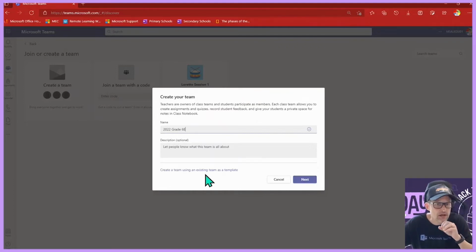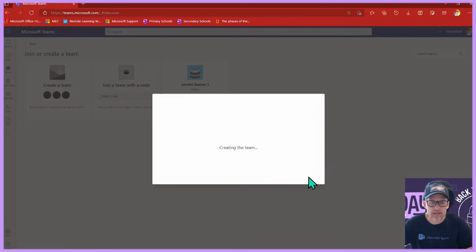Now, before I do that, I want to show you that if you've got an existing team that you want to bring a lot of information across from, you can create a team using an existing team as a template. So if you've already got like last year's grade 6 or the year before, and you want to use that as a template, click in here. The wizard is very simple and very straightforward, and you can bring a lot of that information across, saving you doing it from scratch. But today we're going to do it from scratch. So I'm just going to click on the next button here. And as that opens up,